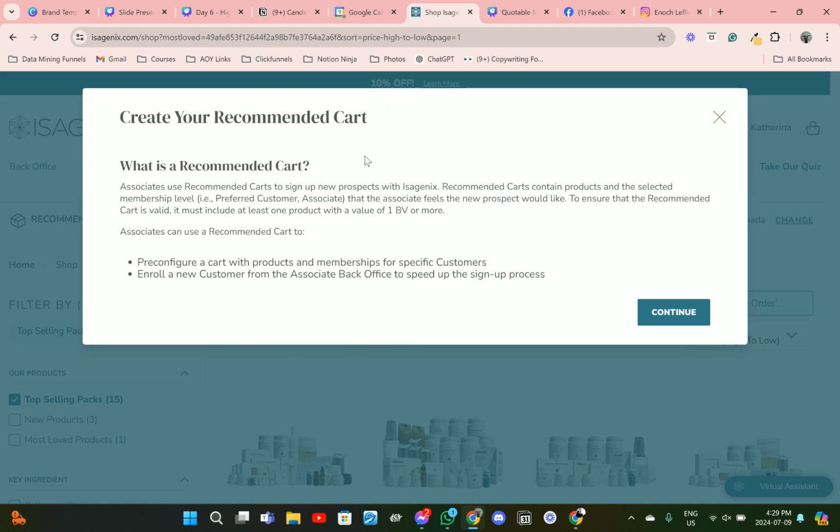Associates like you, Isagenix independent distributors, business builders, use recommended carts to sign up new prospects with Isagenix. Recommended carts contain products and the selected membership level, example, preferred customer, which everyone starts as a preferred customer, or associate, that the associate feels the new prospect would like. To ensure that the recommended cart is valid, it must be at least one product with a value of 1